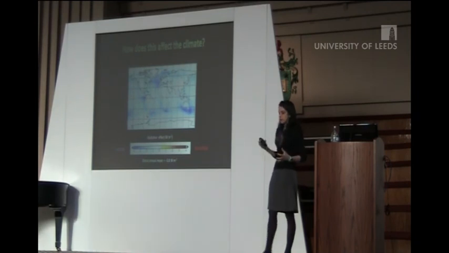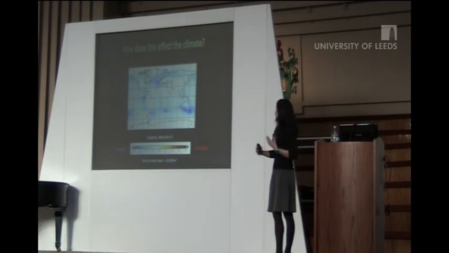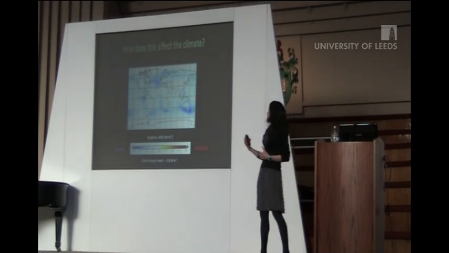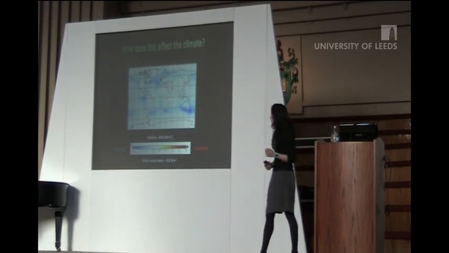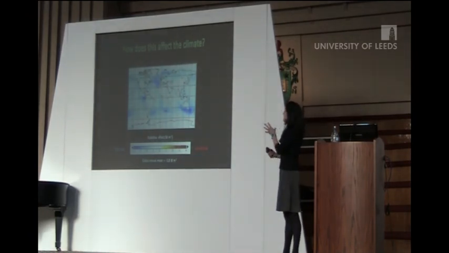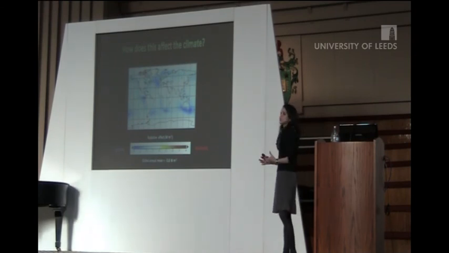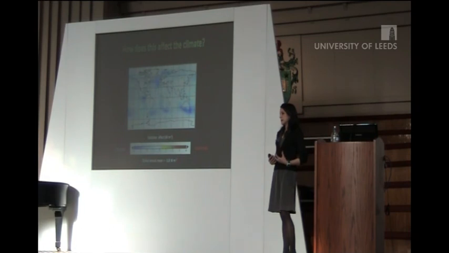And to give you an idea of how important that is, it's about half the magnitude of the warming effect that has occurred because of the increase in carbon dioxide concentrations in the atmosphere since pre-industrial times. So comparatively, this is a very important effect. But it's important to stress that this is something that's happening in the atmosphere. I'm not suggesting a cooling; this is a cooling that's already taking place. And so the important thing is that if we were to take these trees away, this cooling would disappear and we would see a warming.